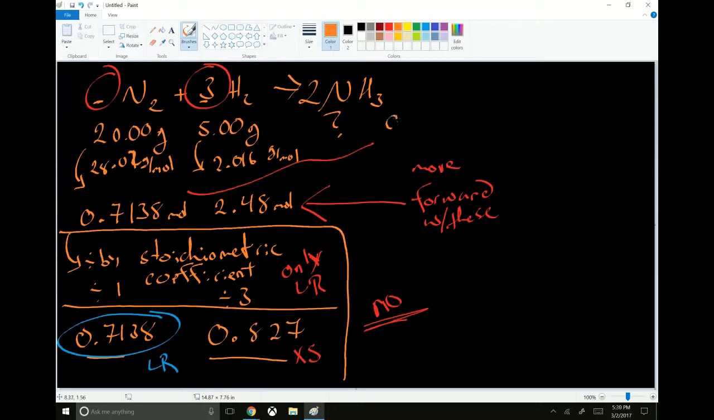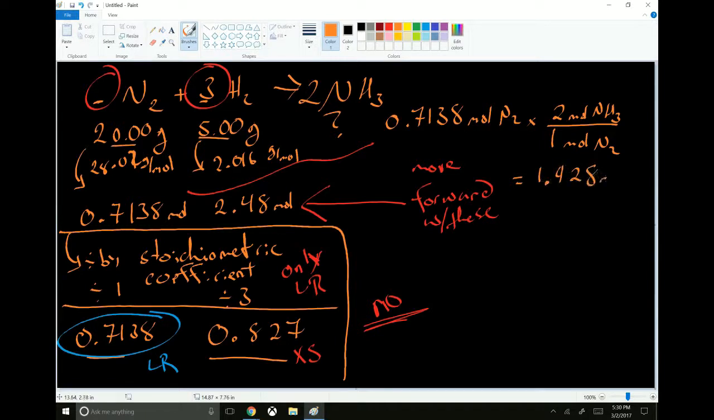So, 0.7138 moles of nitrogen. And we're trying to find out how much ammonia we can make. So, 2 goes on top. You make 2 moles of ammonia for every 1 mole of nitrogen you consume, which means that the most you can make using this setup, 20 grams of nitrogen and 5 grams of hydrogen, the most you can make is 1.428 moles